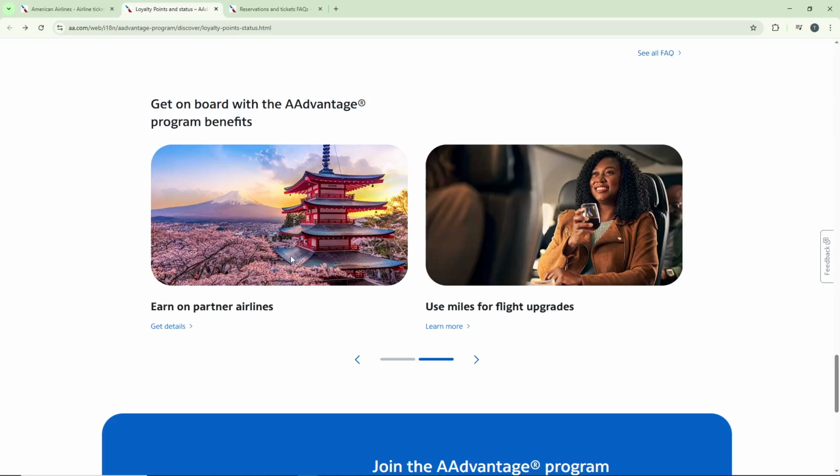American Airlines. And there you have it, you've successfully set up your AAdvantage account and now understand the main ways to earn loyalty points with American